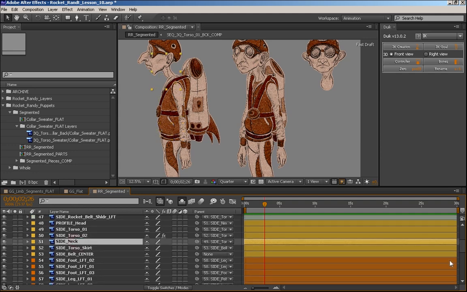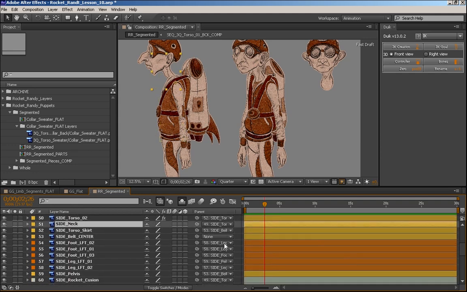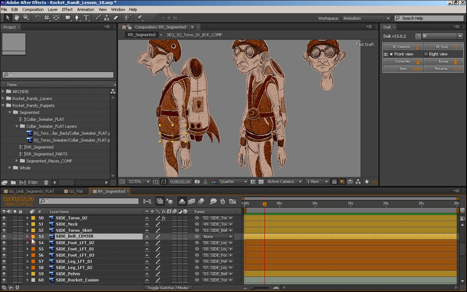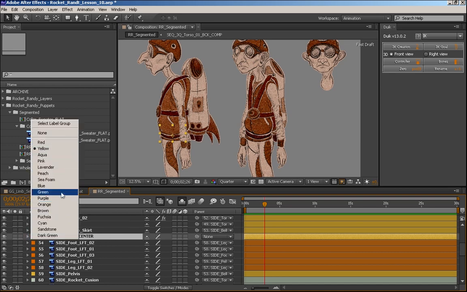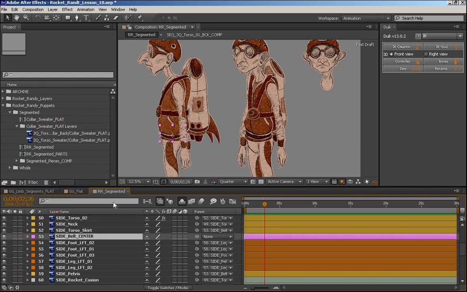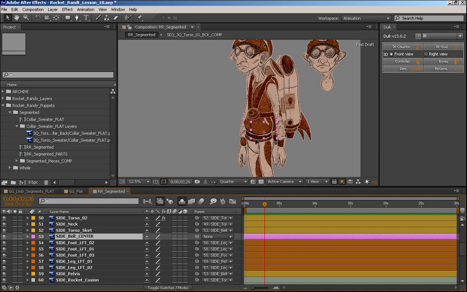Torso skirt. Belt center. There it is. I might actually give this a different color so that it really stands out. Let's try a fuchsia. It's a really nice bright color. So what I'm going to do is just drag this guy over top of this guy here, and I want